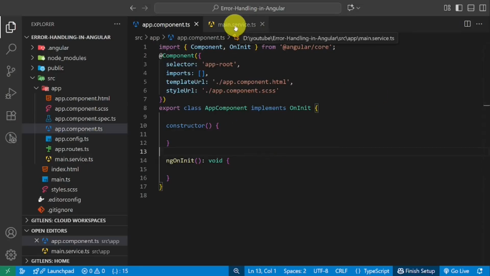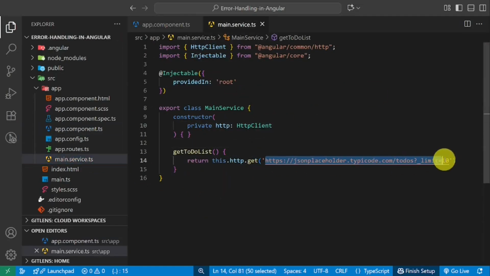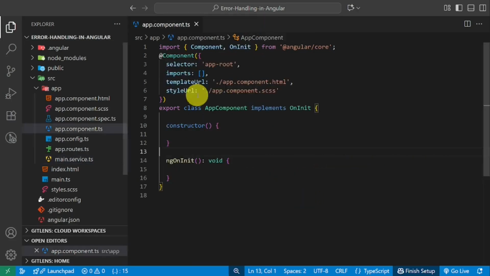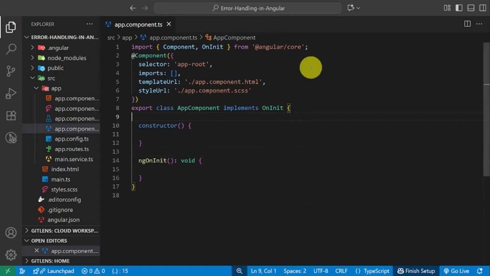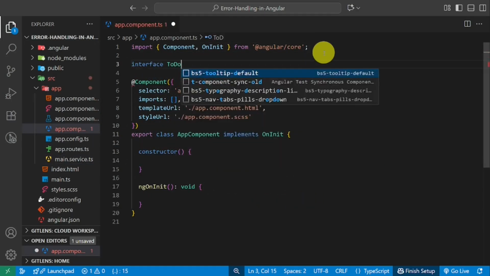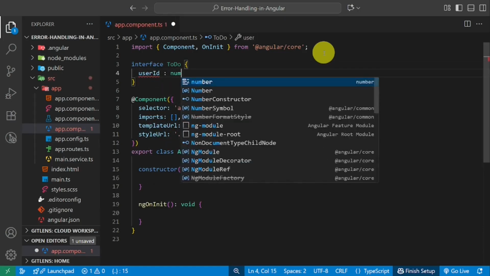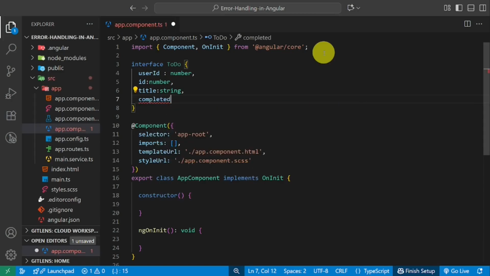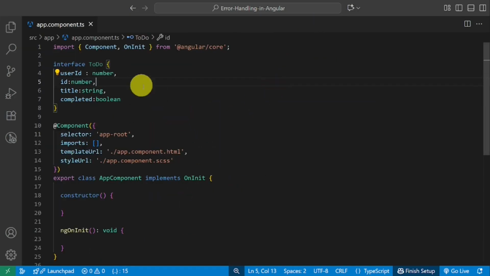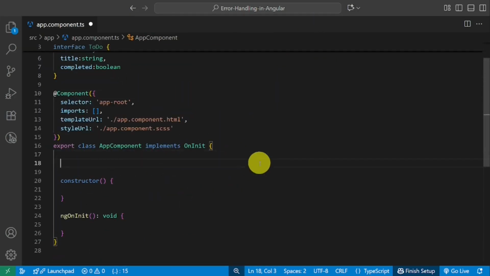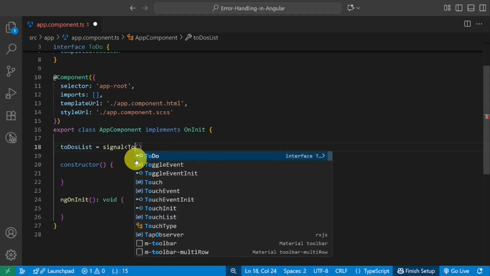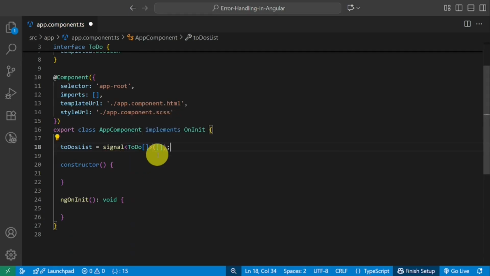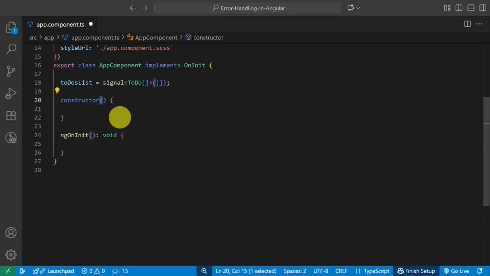Now let's start the code. As you can see, I have a service, a main service, with an external API. Now in the component, first I define an interface. Now in the component, I define a signal, todo list, and I assign it an array of the todo interface.